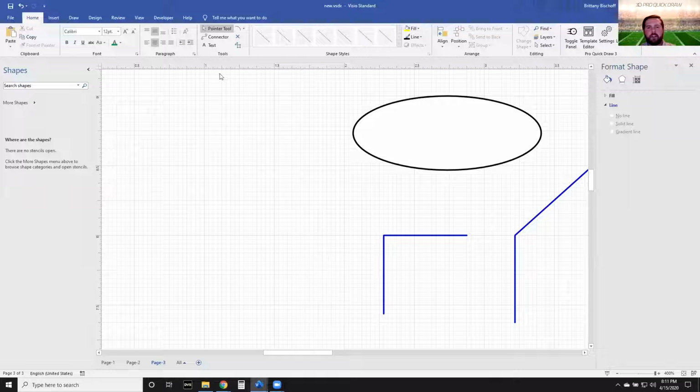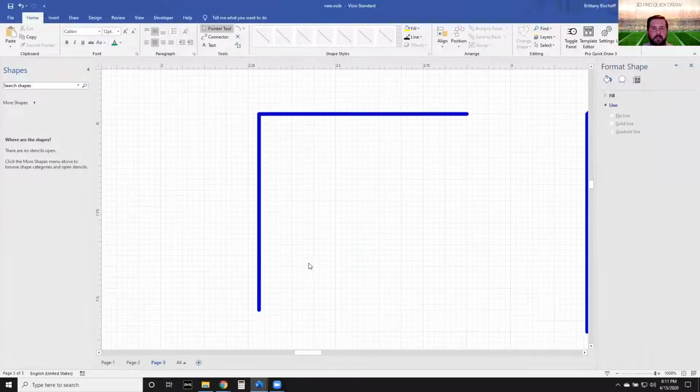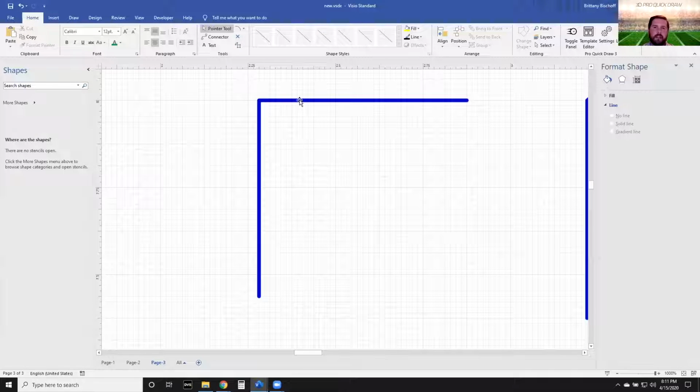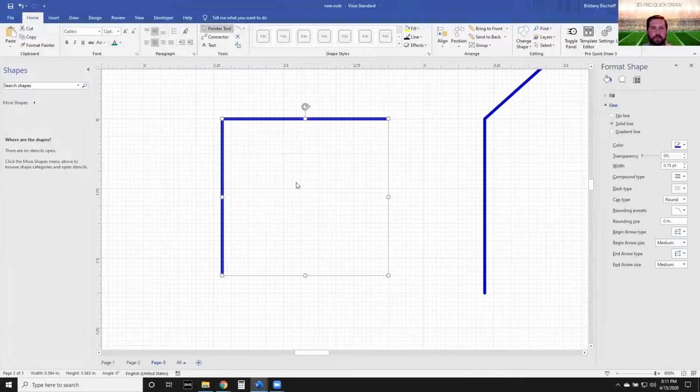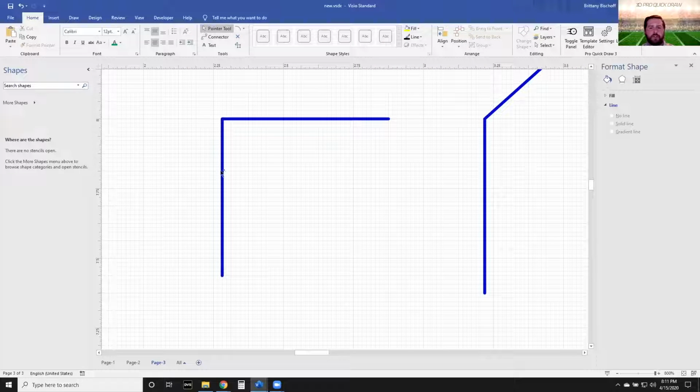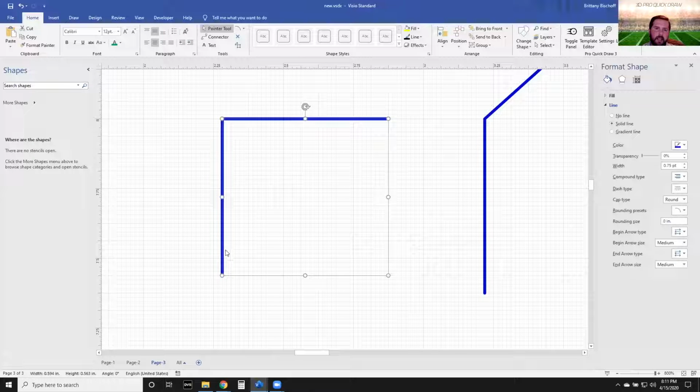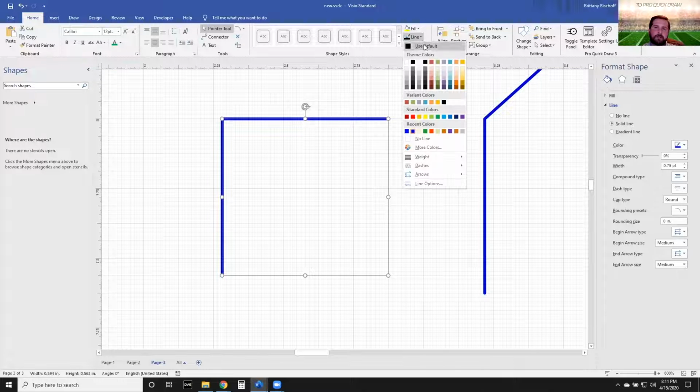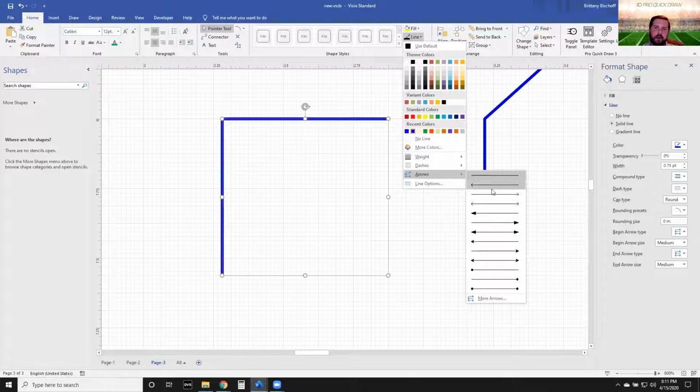The next part about your line tool is choosing your end cap. So I've got this dig route right here, and I want to choose an end cap, a nice little arrow associated with that drawing. So if you grab your pointer tool or go Control-1 and then left click that object, you can now go up here to your line options, go down to your arrows, and then you can choose whichever end cap